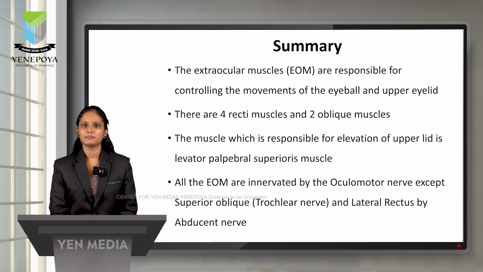The superior oblique muscle is supplied by the trochlear nerve, that is the 4th cranial nerve, and the lateral rectus muscle is supplied by the abducens nerve. You can remember this with the mnemonic SO4 LR6, that is the superior oblique muscle is innervated by the 4th cranial nerve and the lateral rectus, that is the LR, is innervated by the 6th cranial nerve, that is